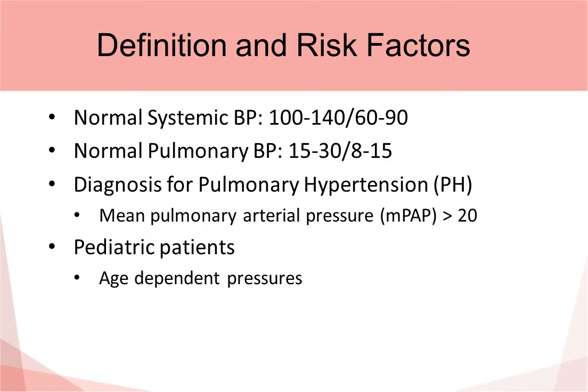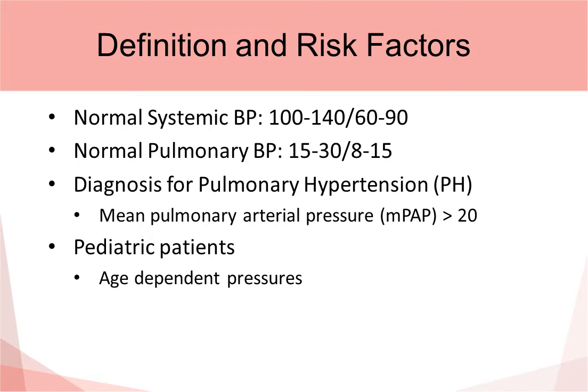Now, when we start with this, we should really get a grasp of what some of the normal values are supposed to be. Normal systemic blood pressure in adults ranges between 100 and 140 over 60 to 90. But the pulmonary system itself is a low pressure system where the pressures range 15 to 30 and 8 to 15. So when we talk about the diagnosis for pulmonary hypertension, we tend to look at the mean pulmonary arterial pressure, and pressures that are higher than 20 and definitely higher than 25 classify a patient for